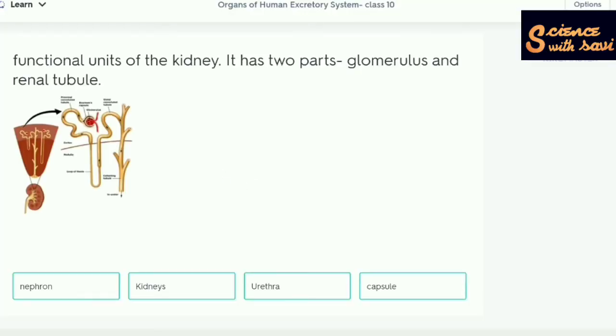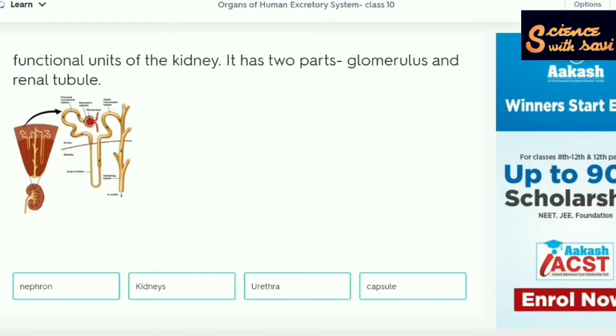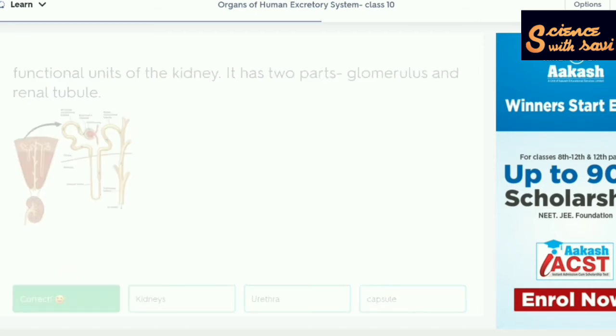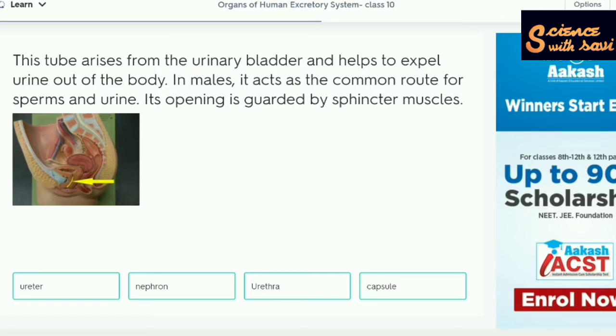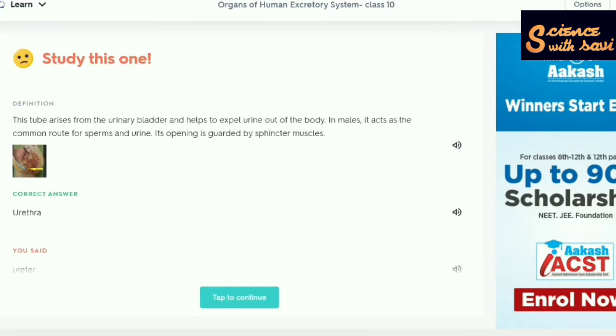So now we are going to the learn option, and here you will see some multiple choice questions. You have to just click the answers and see whether you are correct or not. It's a very good way of revising the topic which you have already done. That is why I really like Quizlet so much, because it offers so many options. Like over here again, there is a question and I have put a wrong answer. So you will see that it will tell you that you have to study this again. It will revise you on its own.